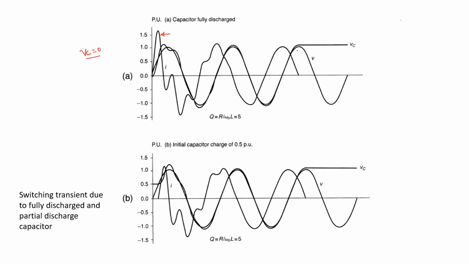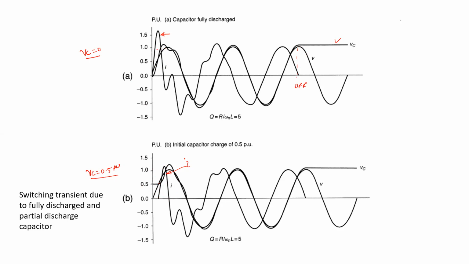And as soon as we turn off the capacitor, here the thyristor is turned off. After turn off, again the capacitor charge voltage is VC. Similarly, this is the case when the charge voltage of the capacitor is equal to 0.5 pu. Whatever the rated voltage is, 50% is charged. Under such condition, this is the current of the capacitor, and it is found that the transient is smaller. So one conclusion is that the transient free